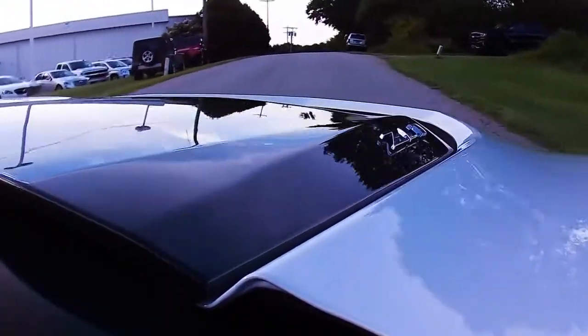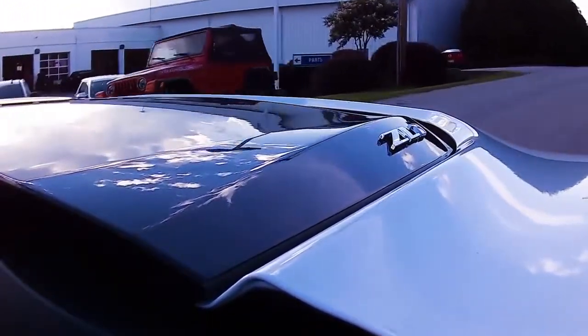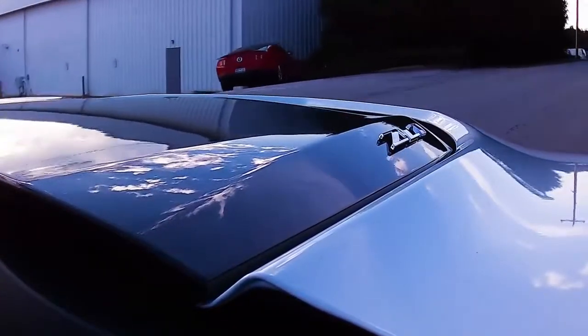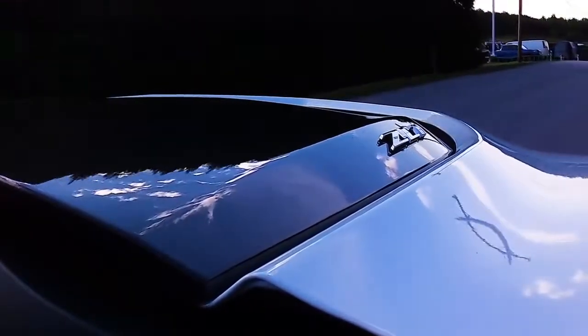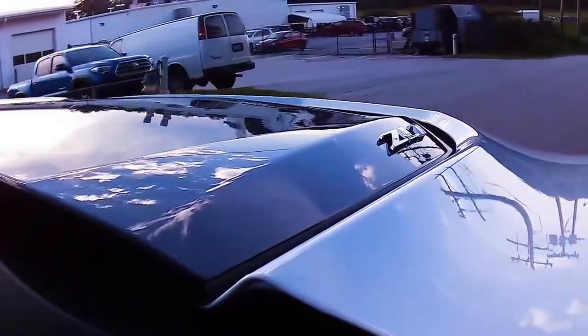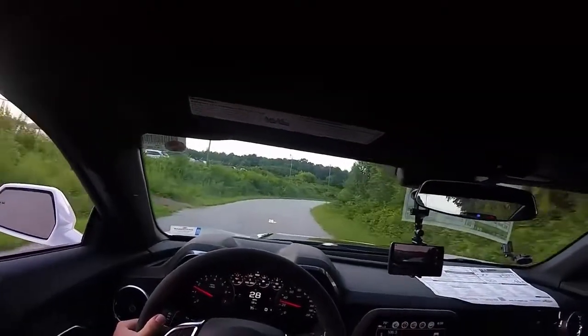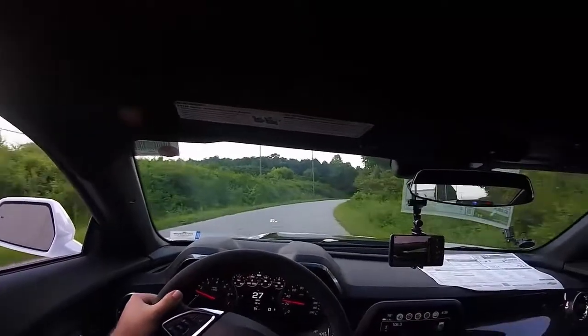The seating position is much higher than in a Corvette, so that's something I had to get used to at first, but overall the car rides really nicely. It's pretty incredible to me, going back to the track times, that a car like this with all these features in the interior, which we're going to go over more in depth at the end of this video, has all these extra creature comforts in the interior and all the features that you